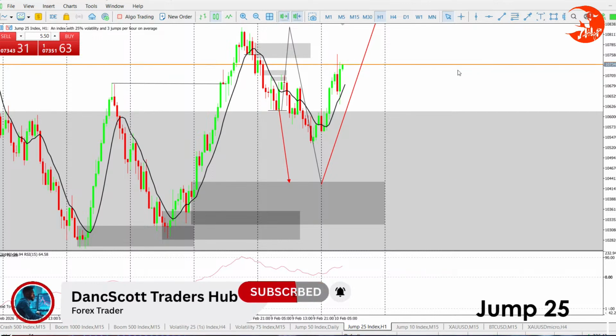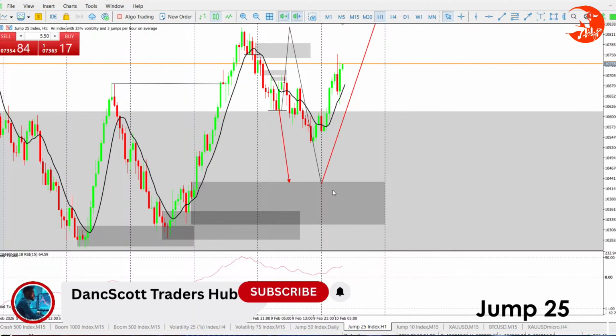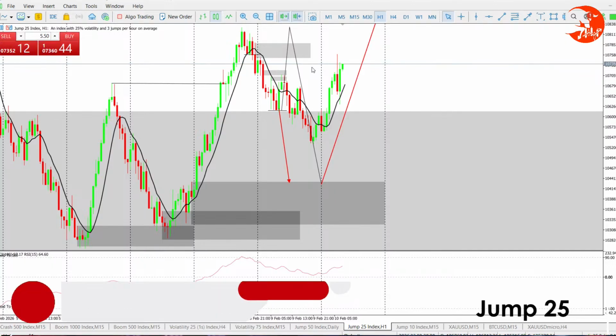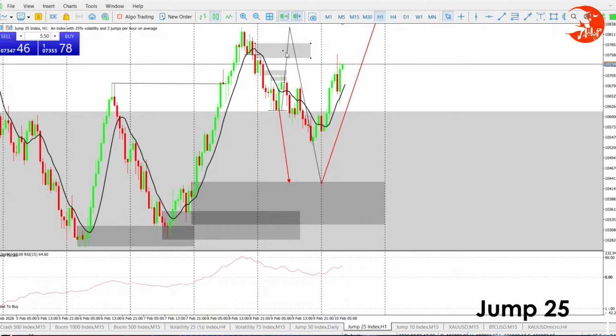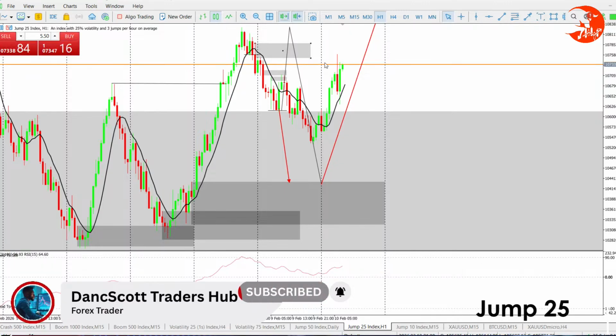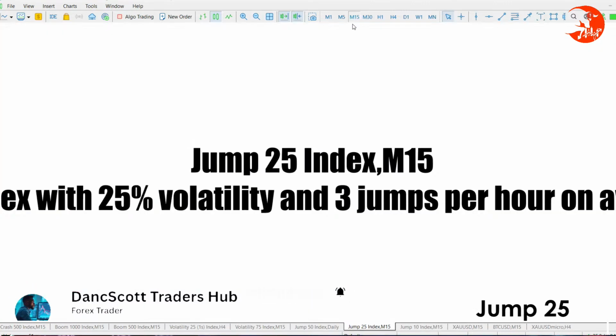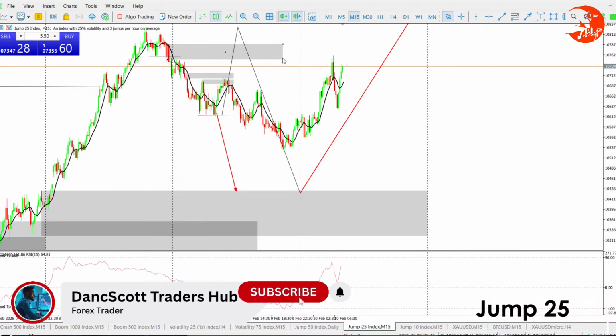All right, so Jump 25, let's see. Yesterday we wanted a pullback there, and then we dropped for the sell. It did not reach yesterday, but it has reached this morning, and it is still moving in that very direction. I told you price can come to this level or even look for the liquidity pool above there. So already it has reached this level, which is on M15, that is the order block there.